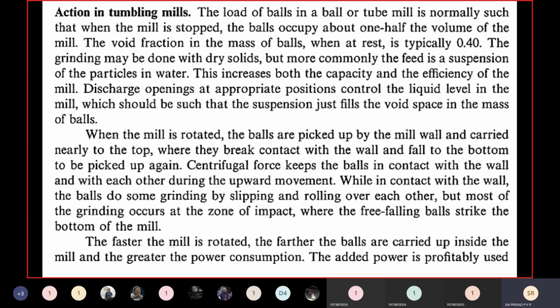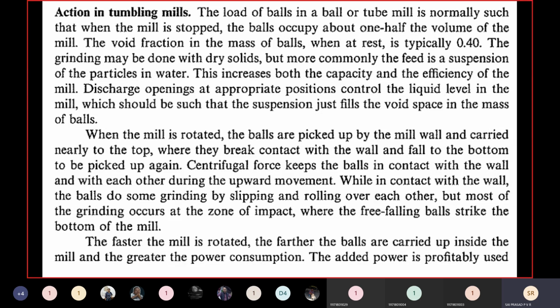So if we make sure that whenever the grinding medium is raised and falls from top to bottom, and at the point of fall a particle is present, definitely it will be impacted and its size reduction will take place. If we are able to maintain this condition, definitely the energy which we are giving to the machine will be successfully used for creating new surface area. Hence the efficiency of the machine increases.